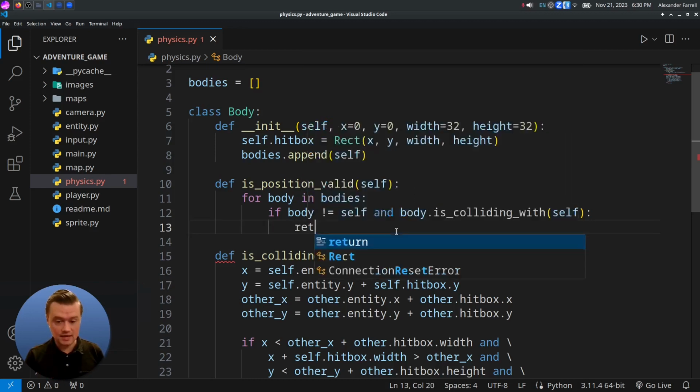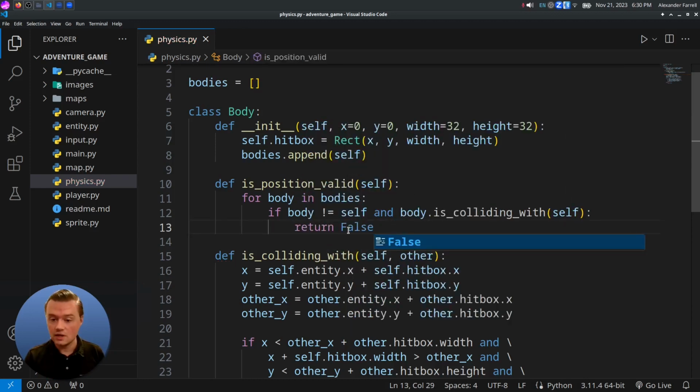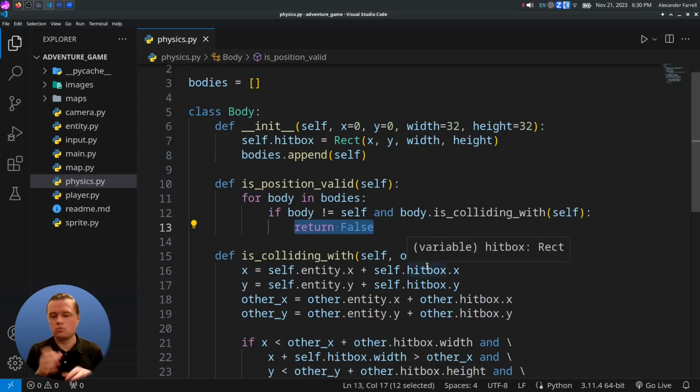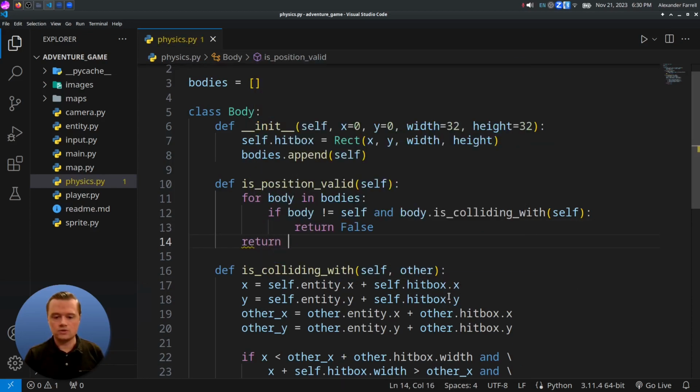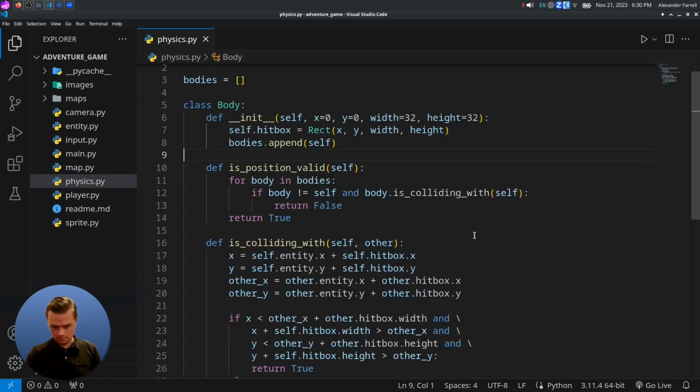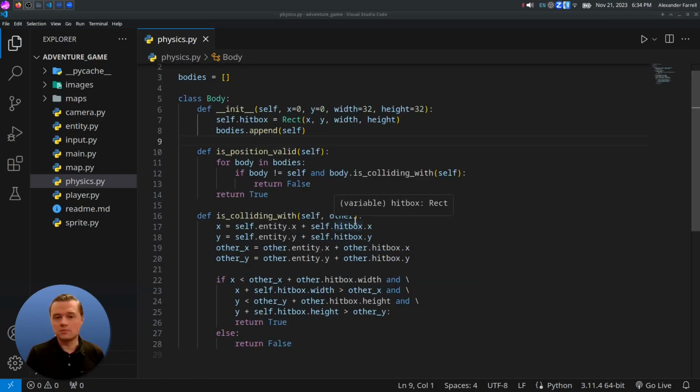If this is the case, we return false. The position is not valid. We found a collision, and we can just return false. The moment we find one, it's over. We don't have to check anymore. Otherwise, we're going to do return true. Okay, there we go. At the moment, the only place that we need to do collision detection is the player